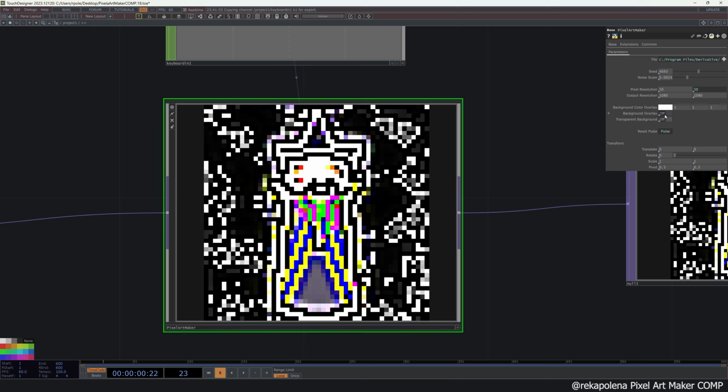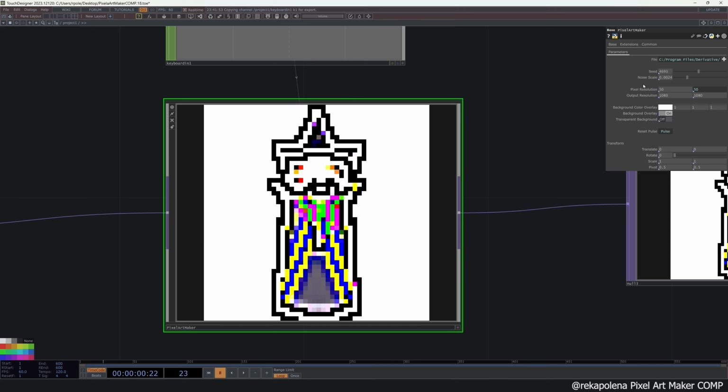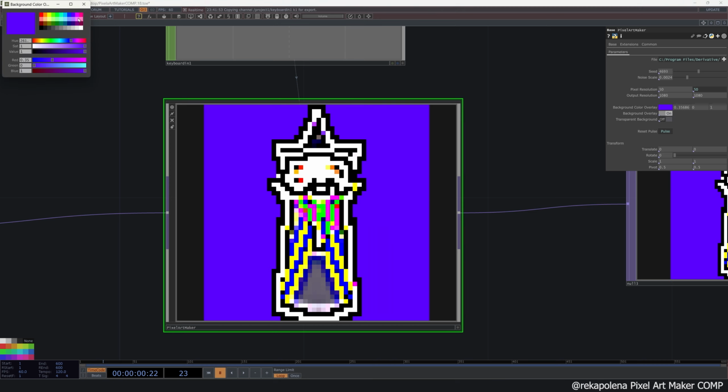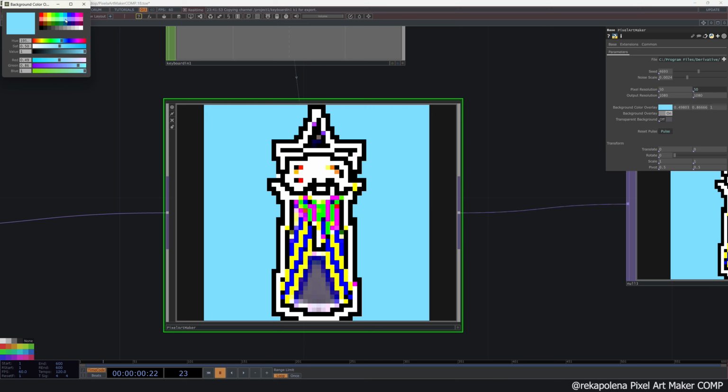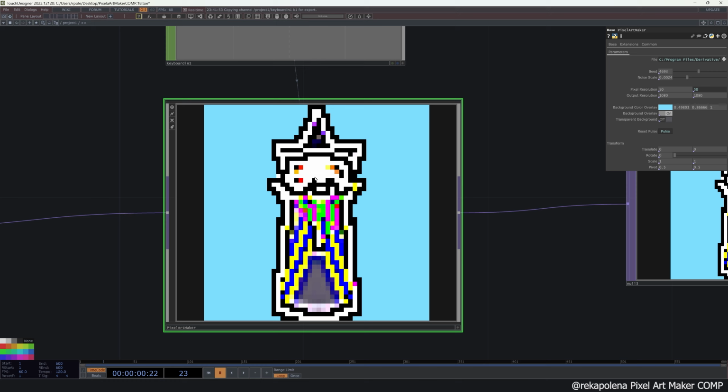So what if I want to get some background to it? Let's add some purple or rather pink background, or I don't know, let's add blue. That's just really easy, and pulse it. And as you could see, for a little time whilst I hold down the reset key, it makes a different image, which uses that noise pattern and convolutes the whole image through it